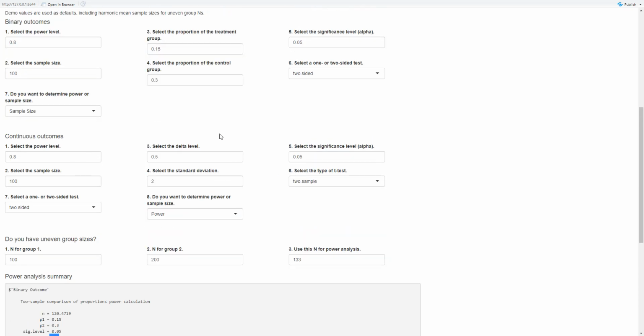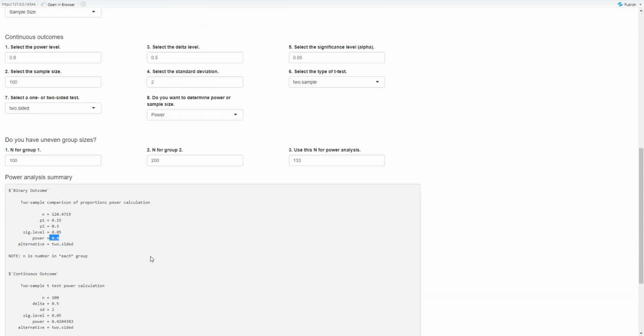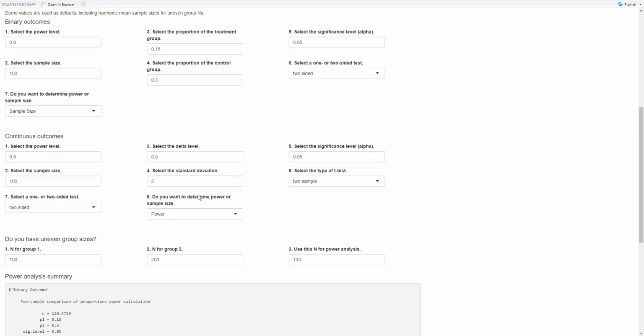And similarly, because all these values are entered in there, they're going to show up within these tables. But if you wanted to do a proportion test and you wanted to look at how big of a sample size or power that you had,